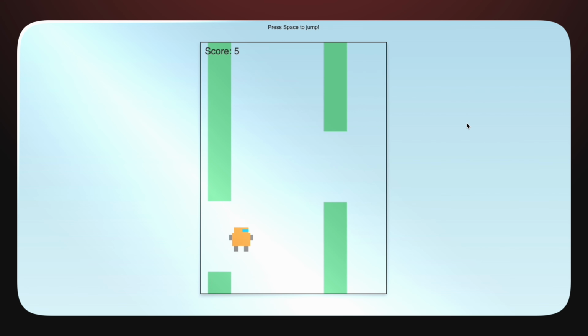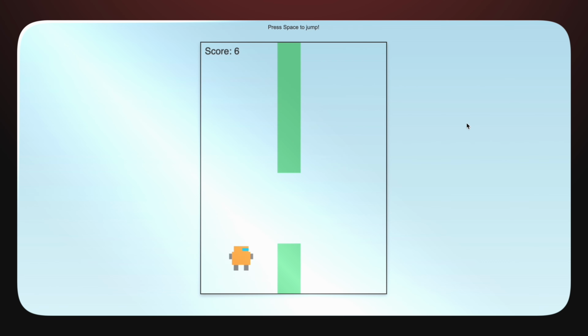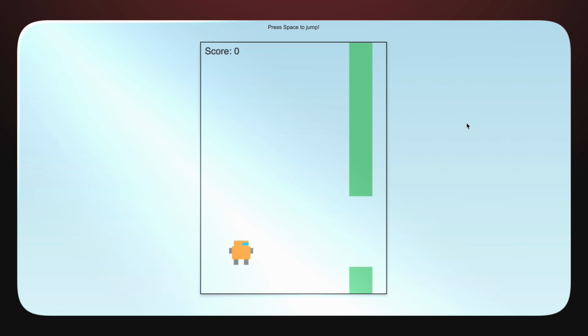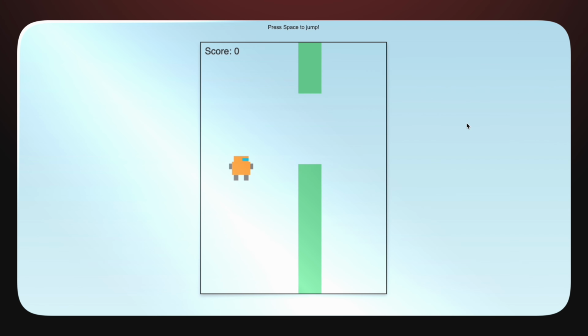This is amazing. I'm actually enjoying this and I miss playing this game. It brings back old memories. Woo! I'm surprised. I'm still going. Now I jinx it. Okay, that's amazing.